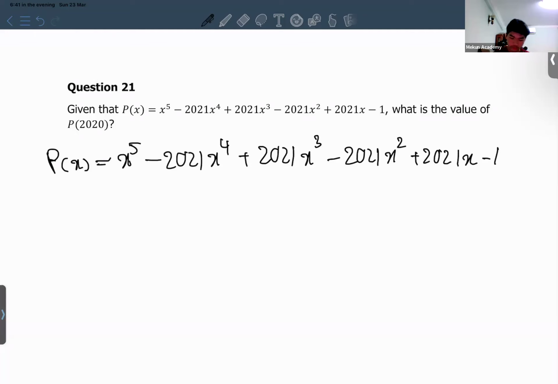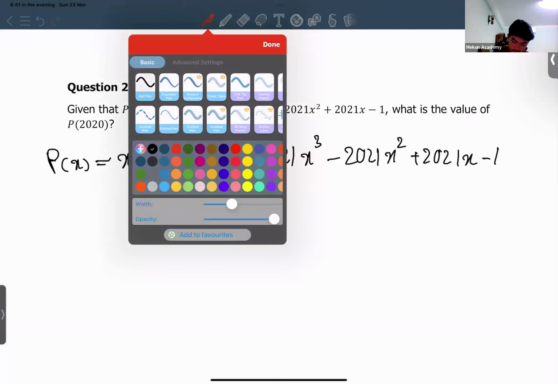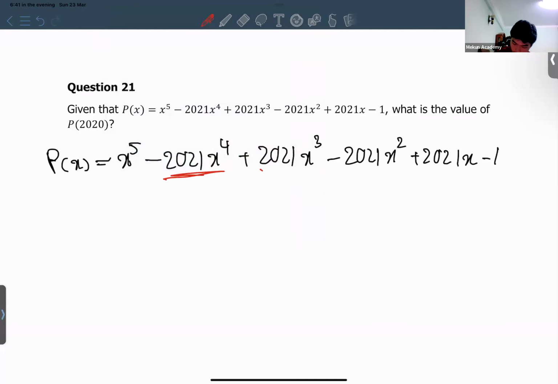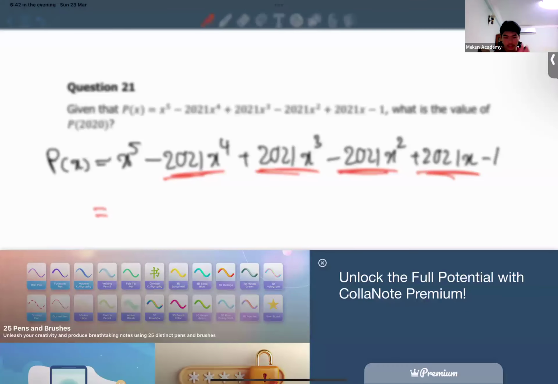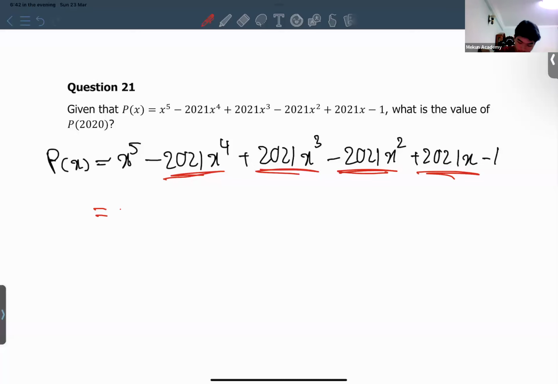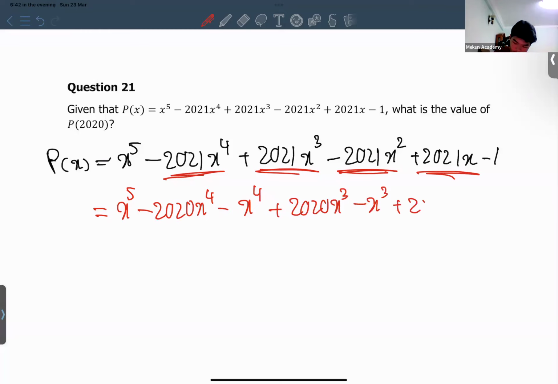So from this, you need to separate it. You need to separate this, this, and this. So you need to separate it: 2021 is 2020 plus 1. So you'll get x to the power of 5 minus 2020x to the power of 4 minus x to the power of 4, plus 2020x cubed minus x cubed, plus 2020x